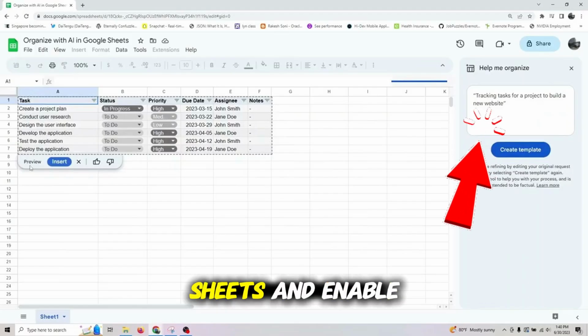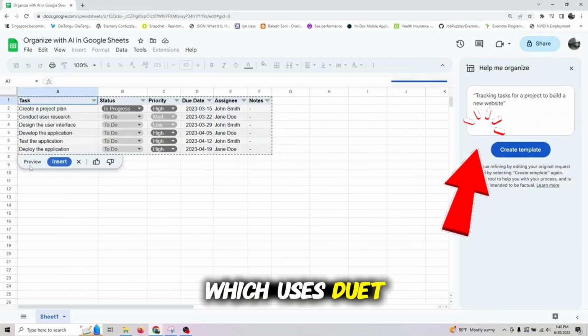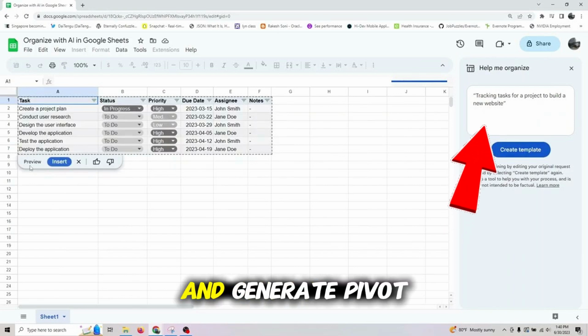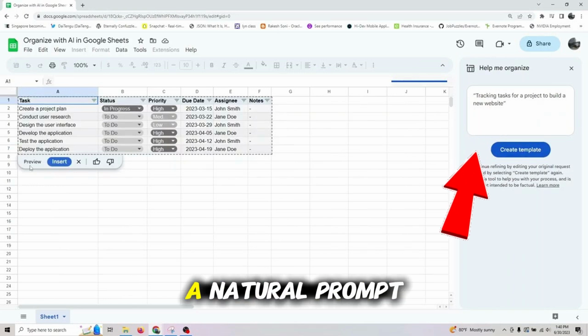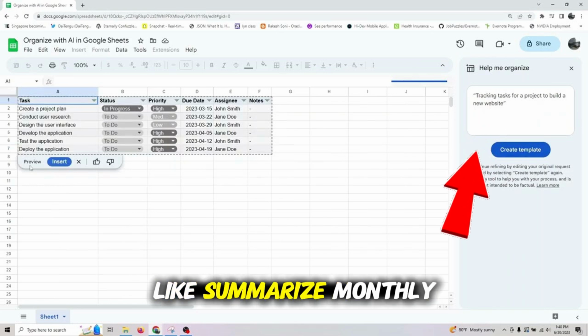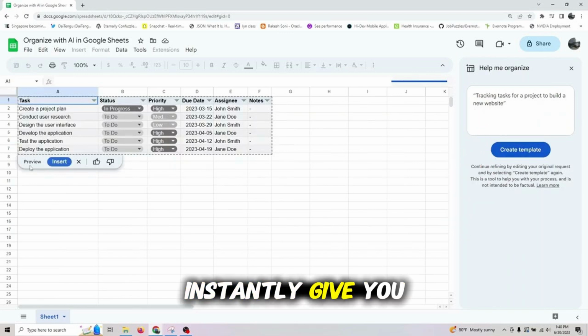Start with Google Sheets and enable Help Me Organize or Help Me Analyze, which uses Duet AI to automatically summarize trends, flag anomalies, and generate pivot tables or charts based on your data. You can type a natural prompt like, "Summarize monthly sales by region," and Sheets will instantly give you a visual